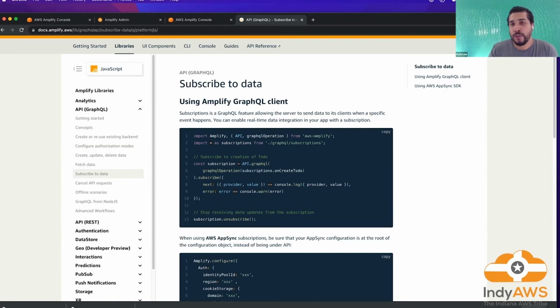It will allow you to create one backend, and then essentially you're able to bring all those resources easily into several different platforms. So you could have the same backend and resources all set up to iOS, to Android, to your front end using JavaScript, and it's going to essentially give you all the same APIs, or very similar APIs across each of those platforms.